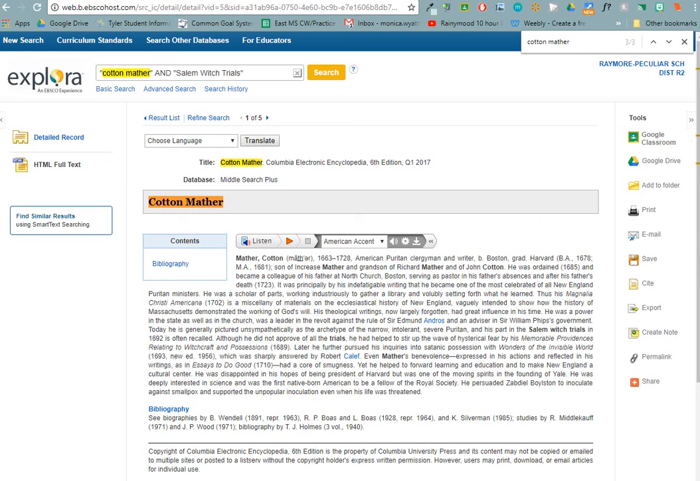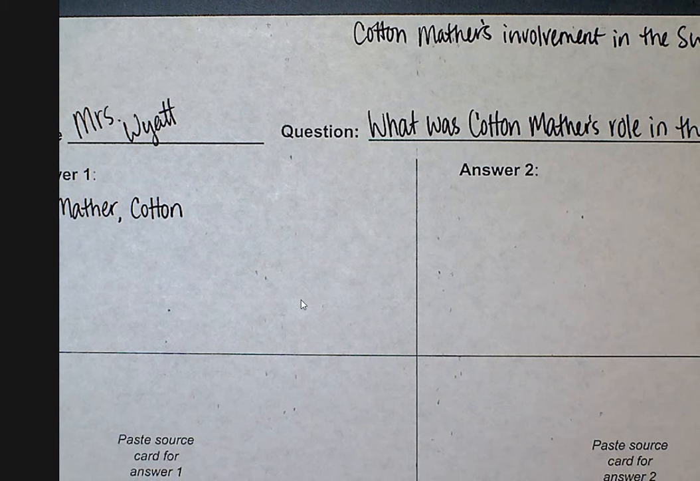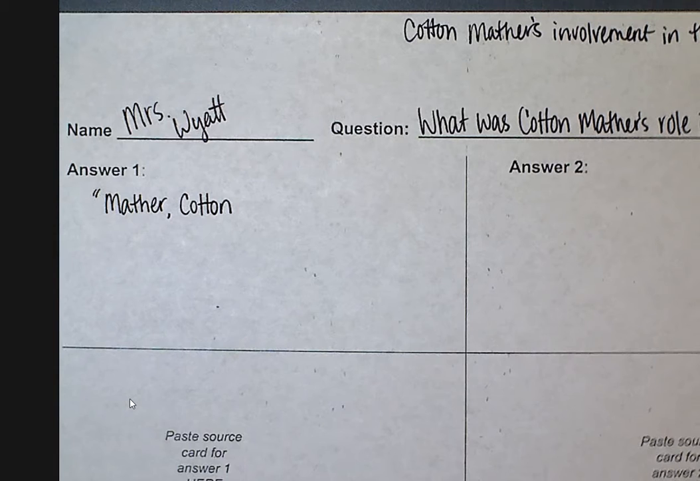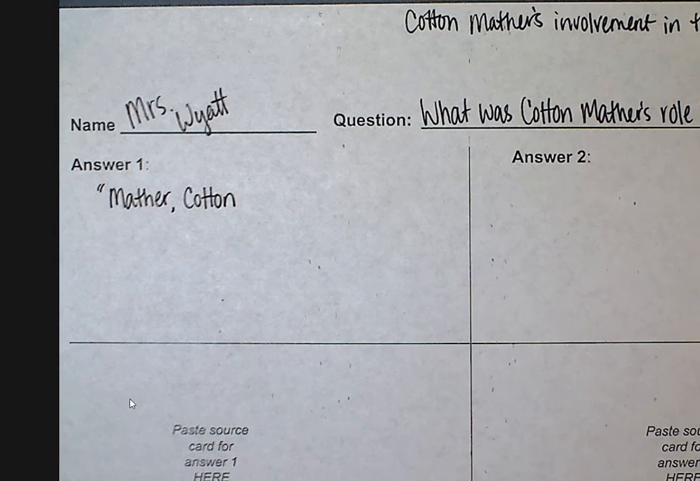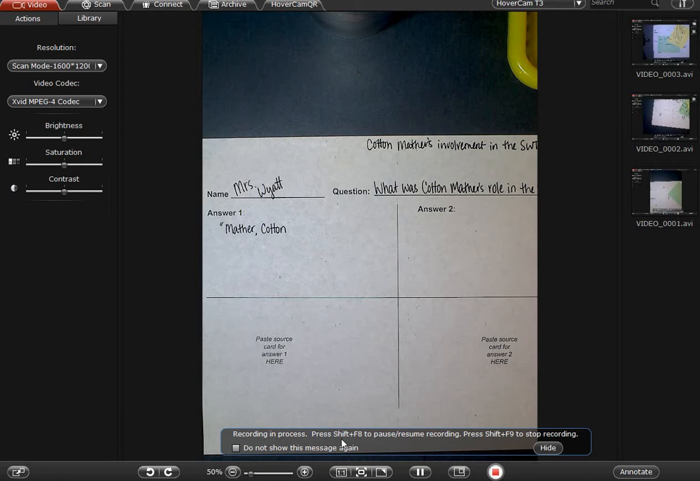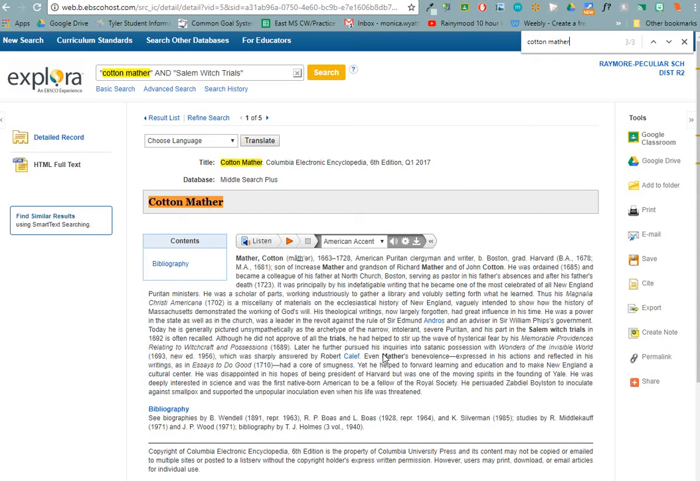This is your first answer. Nope, we're not on the source card yet. We're writing it right here on answer 1. Okay? So, Cotton Mather, and then we're going to say 1, 2, 3, 4 dots. No, like ellipses. Dot, dot, dot. Okay. So then I'm going to say, and his part